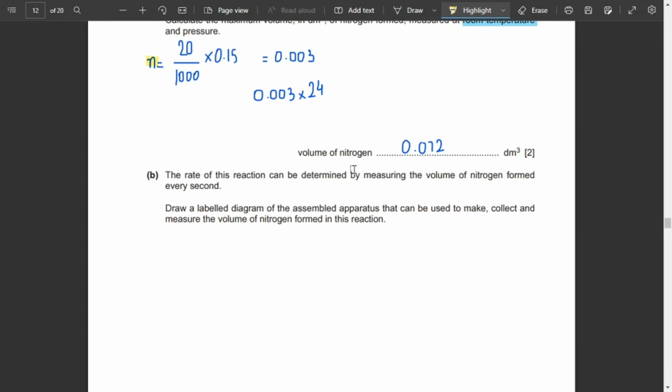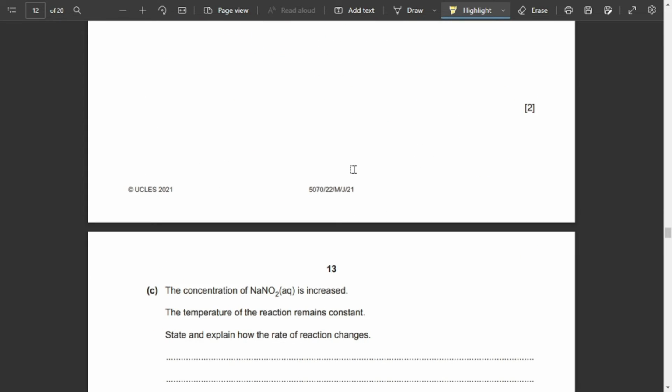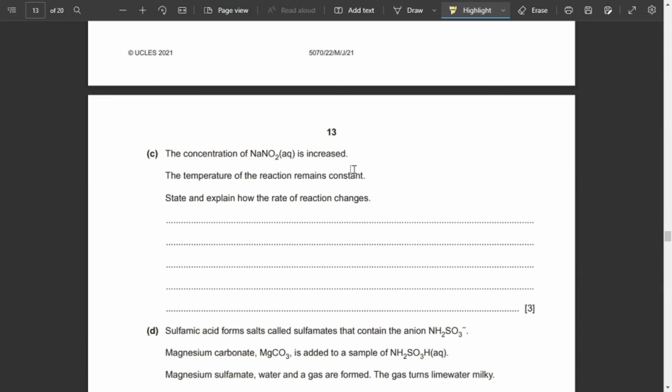Alright, so moving on to part C. The concentration of NaNO2 aqueous is increased, the temperature of this reaction remains constant. State and explain how the rate of reaction changes. Now here we are talking about